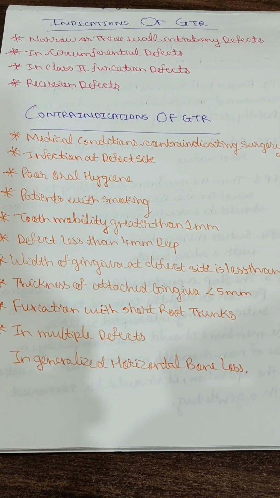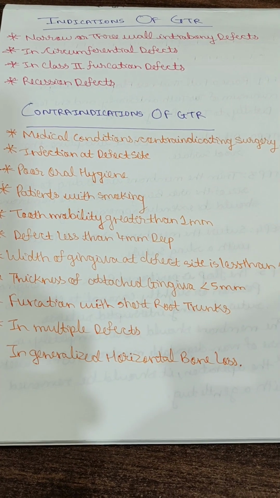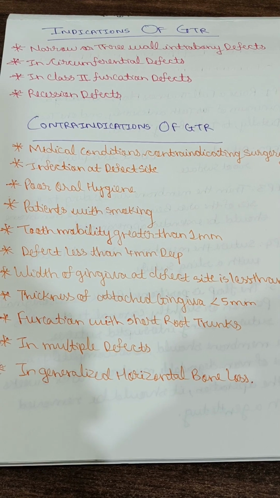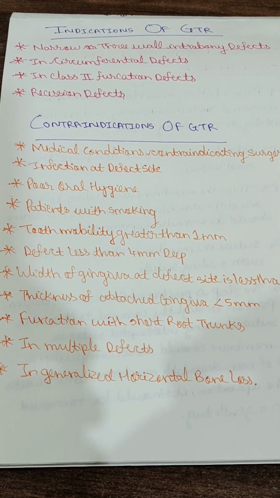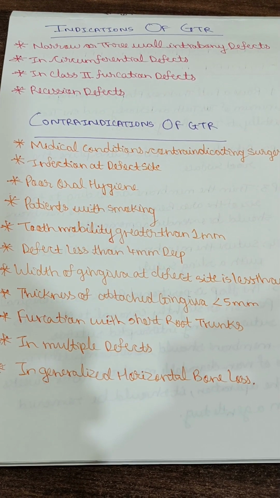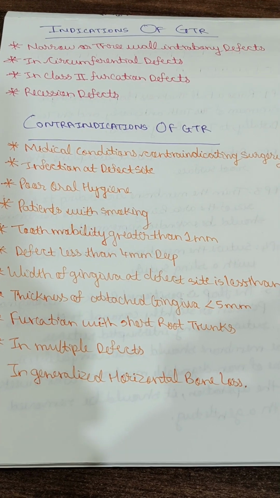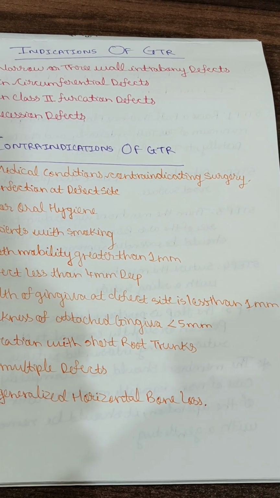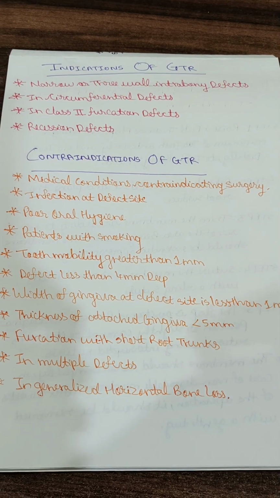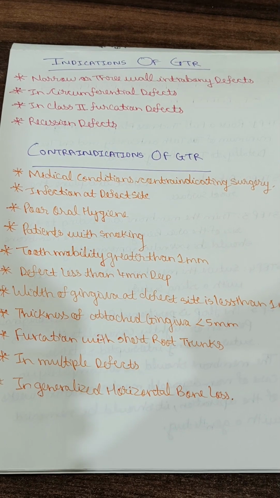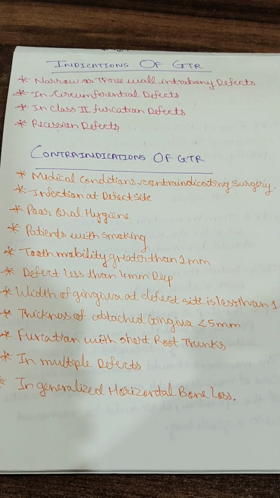What are the contraindications of GTR? Medical conditions contraindicating the surgery. Then infection at the defect site, poor oral hygiene, patients who smoke, tooth mobility greater than 1 mm, defect less than 4 mm deep, width of the gingiva at the defect site less than 1 mm, thickness of the attached gingiva less than 5 mm, when the furcation is present with short root trunks, in multiple defects and in generalized